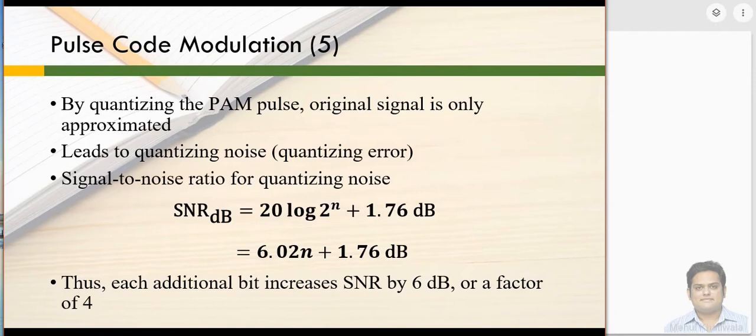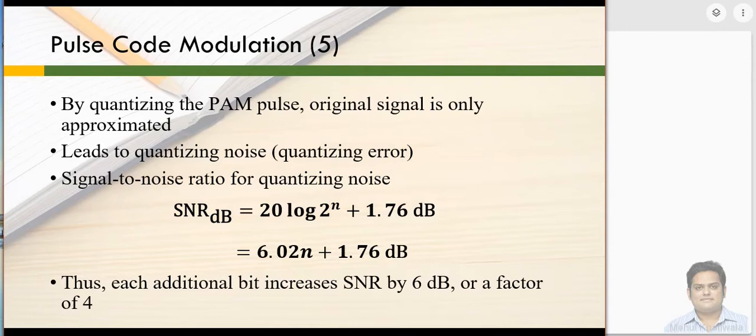But one more thing we are doing here: whenever you try to increase this SNR value, you are also trying to increase the bandwidth of the overall system. This is going to cause a problem, because whenever we discuss bandwidth and data rate, increasing the bandwidth will automatically increase the overall cost of the system, and as a financial part of the system, we don't want to increase the cost. So that's why this particular technique has the problem of overall cost being increased because the bandwidth is getting increased.